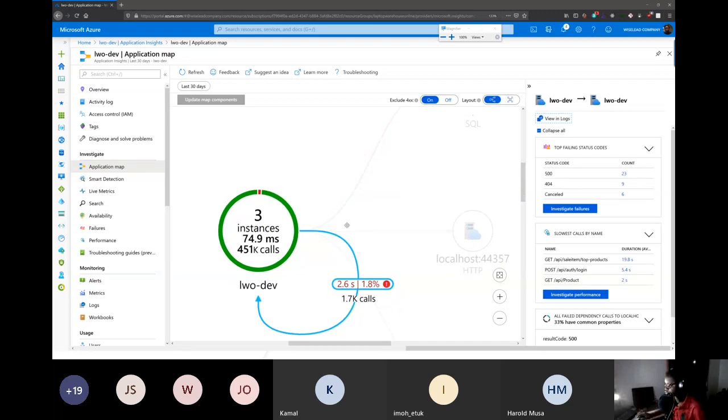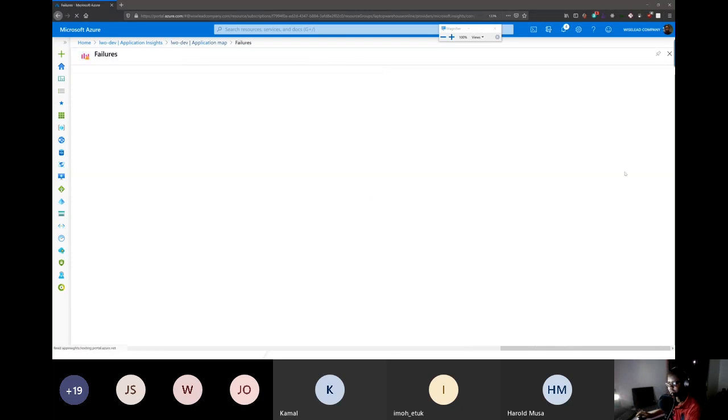You can drill down more into it. So if you look further to the right, you're able to see which requests were cancelled, which one was error 404. But the ones that should be more concerned about will probably be the errors in the 500 ranges. So if I click on that,